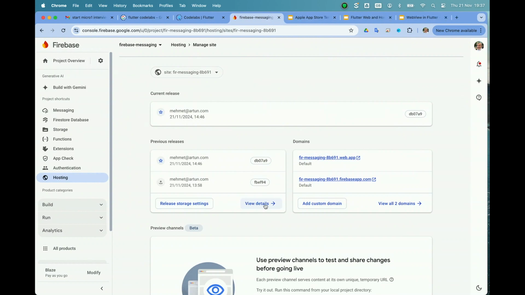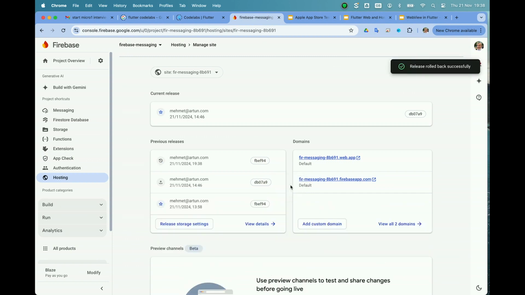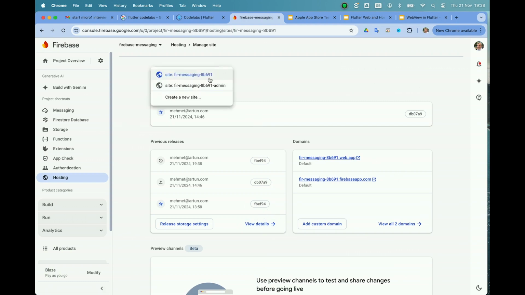And the other thing you can do is, I think, you can roll back. So you can roll back to a previous release here in the app. So this FBEF94 is now the current release. Okay, so those are the things in the Firebase